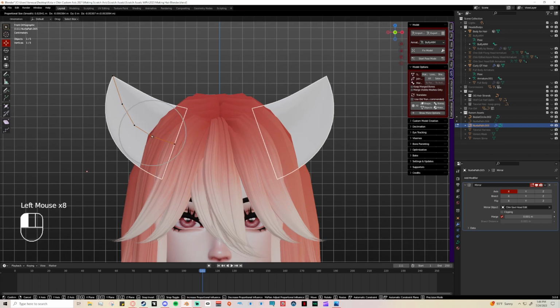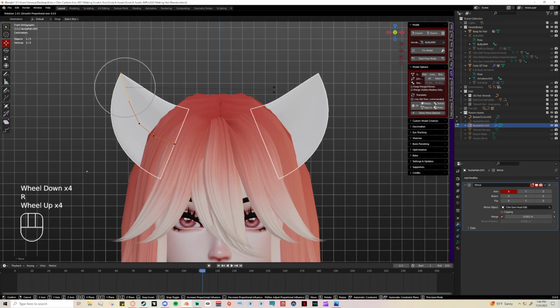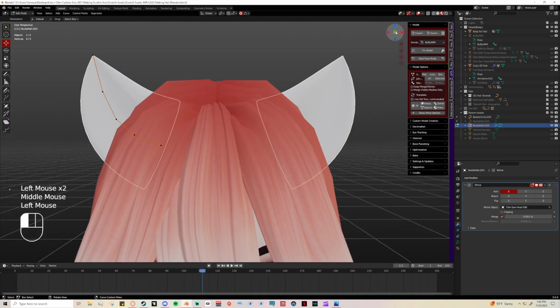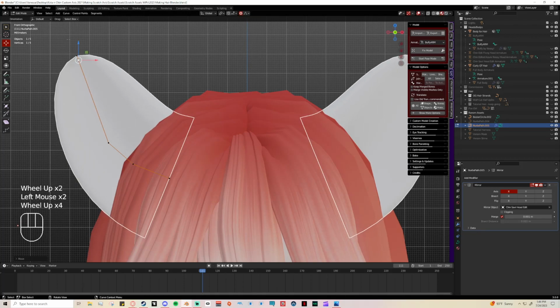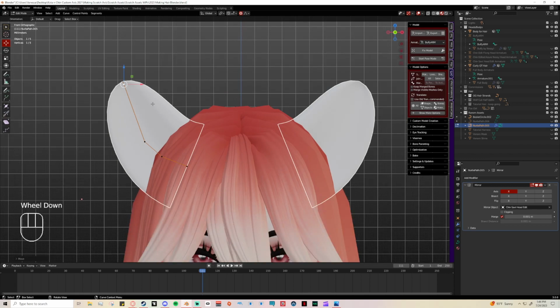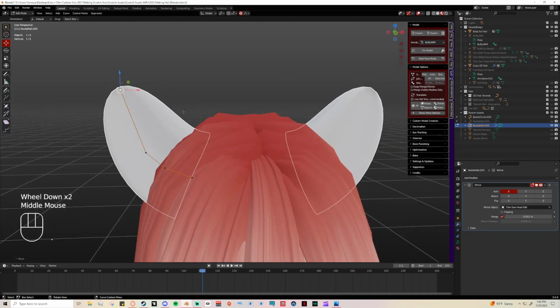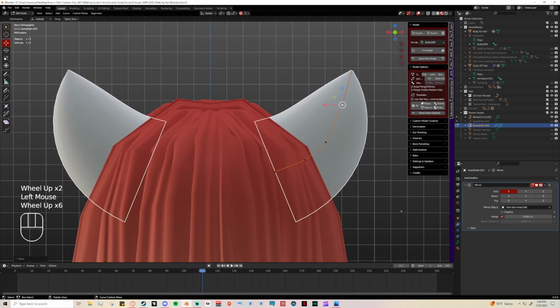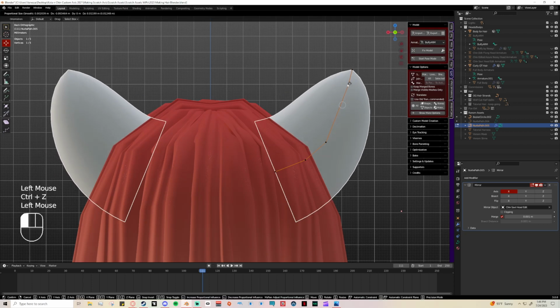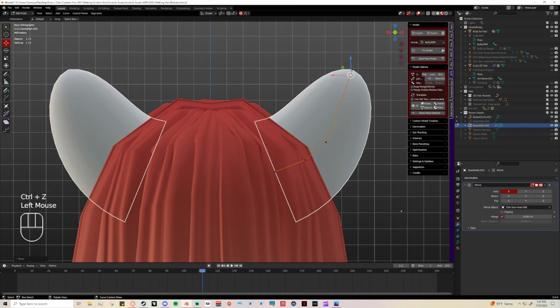Something that I did learn since the last tutorial that might be helpful is if you don't want it to be quite so pointy, you can take this vertex and drag it up, and that helps round it out a little bit. So if you're wanting to do bear ears or maybe puppy dog ears, moving the vertex up helps, since this vertex here is scaled bigger with the Alt S than this one is. Since it's like that, whenever you move it up, it'll help round that out. But we have this still Alt S, so that whenever we go to merge the vertices at the very end,